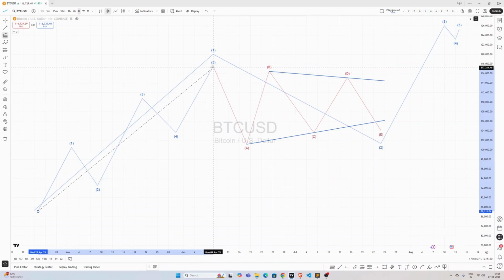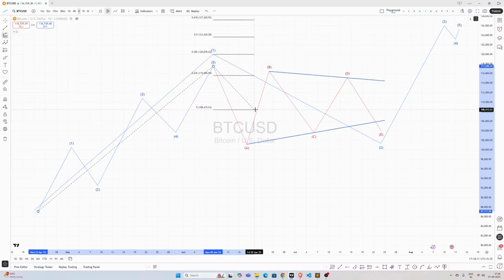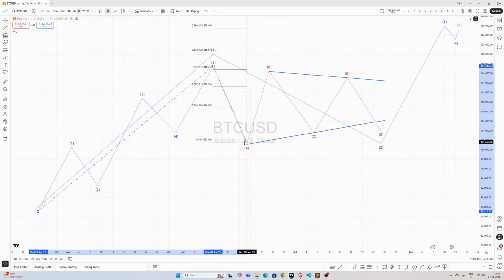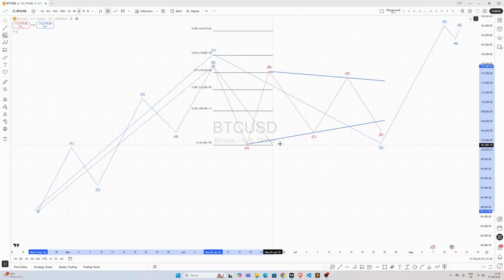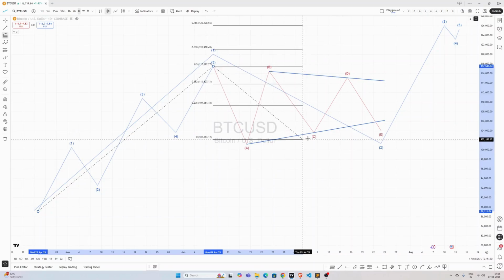This is the highest point. And now this is where the doubt arises, that should you start measuring from this point because this is the lowest point of this retracement, in this case A,